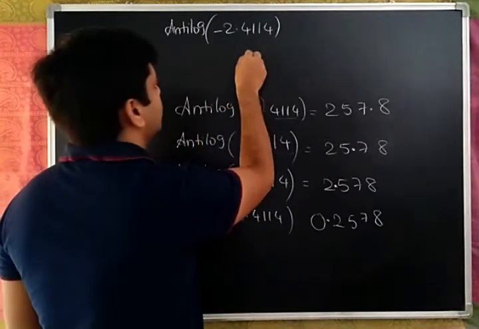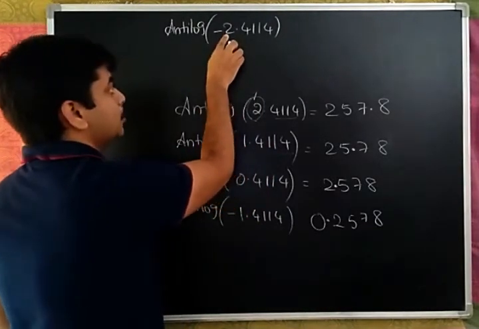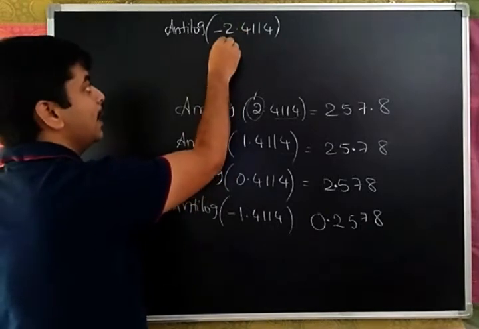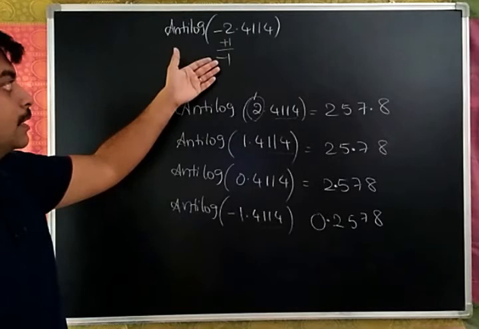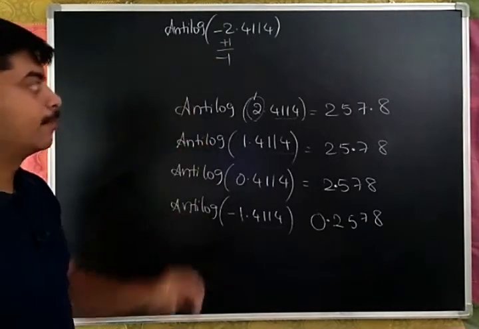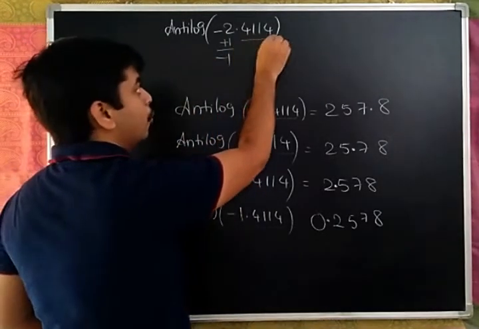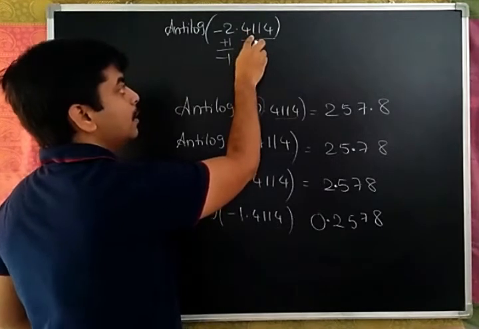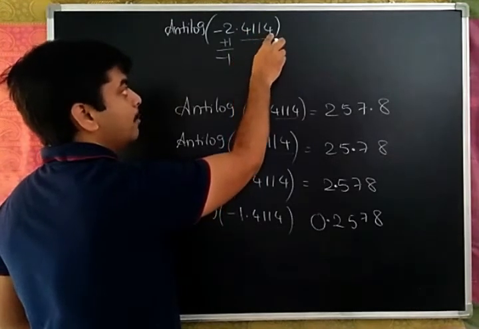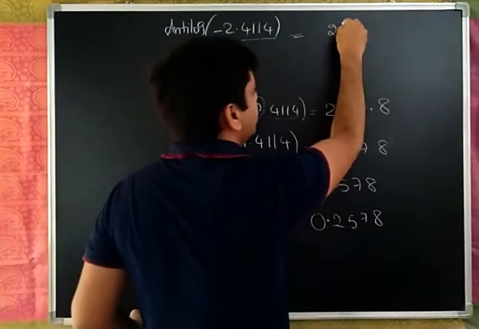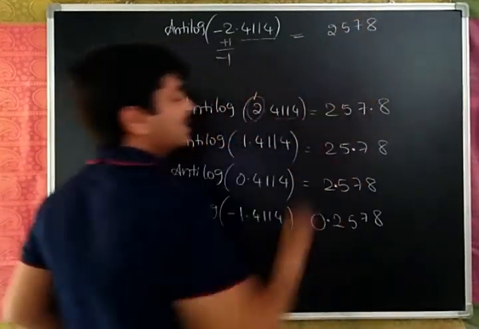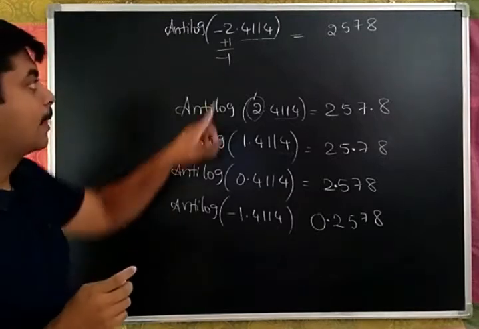So this is equal to minus 2, right? So at the end, when you add, it is minus 1. Now with negative numbers, you should be very careful in placing the decimal point. For 4114, 0.41 row, first column and fourth mean difference, when you add all this, you will get the same thing, that is 2578. But now check this one, minus 1.